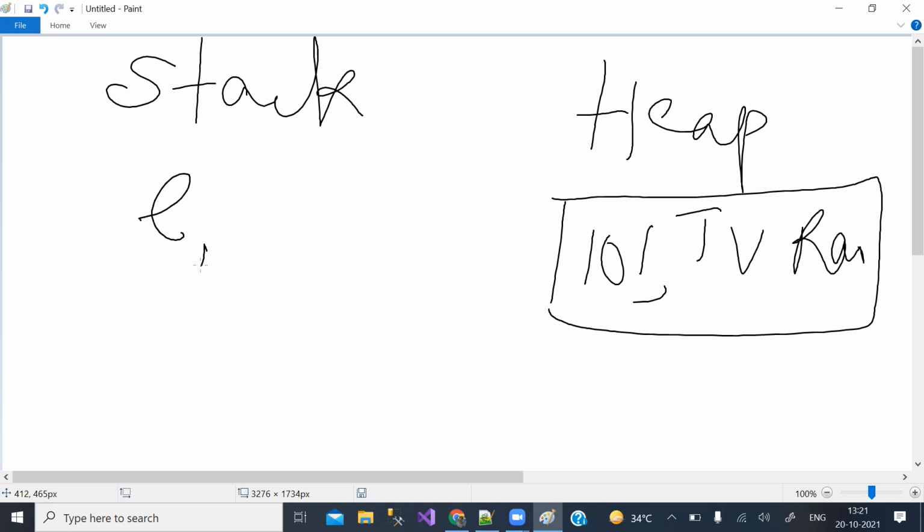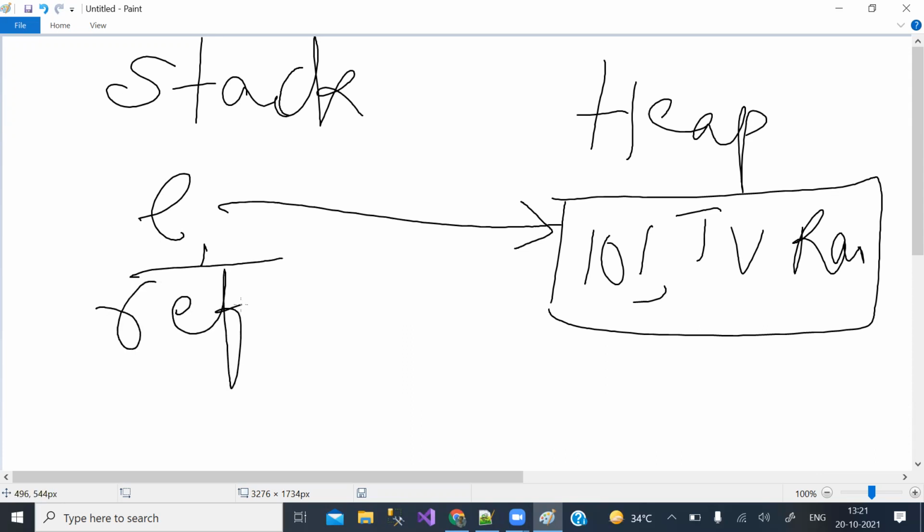Now E1 stores address of this object. E1 is in stack memory. The object is in heap memory. E1 is a reference and this is object. It is like a key to a treasure.